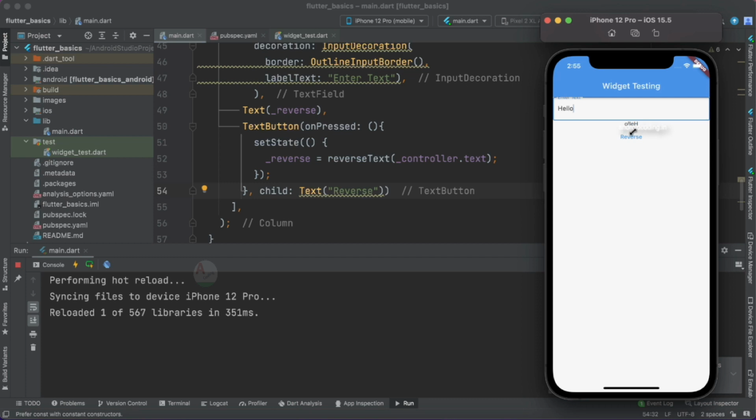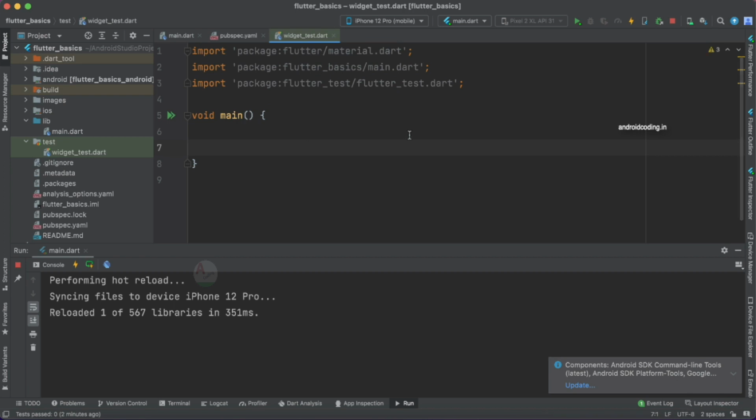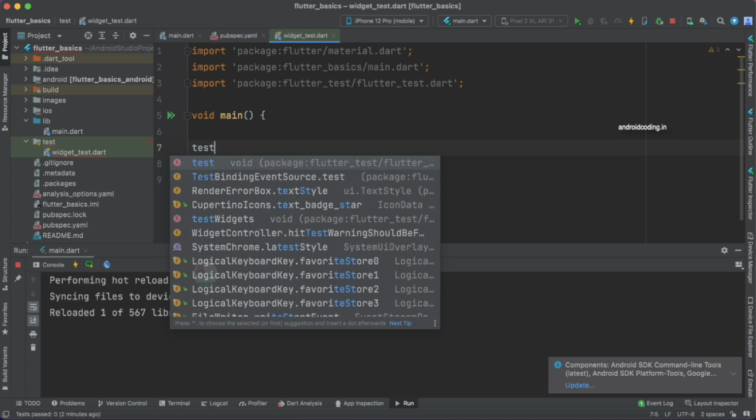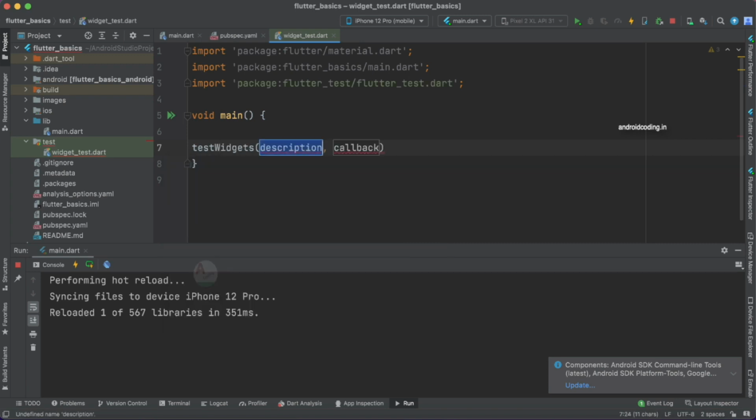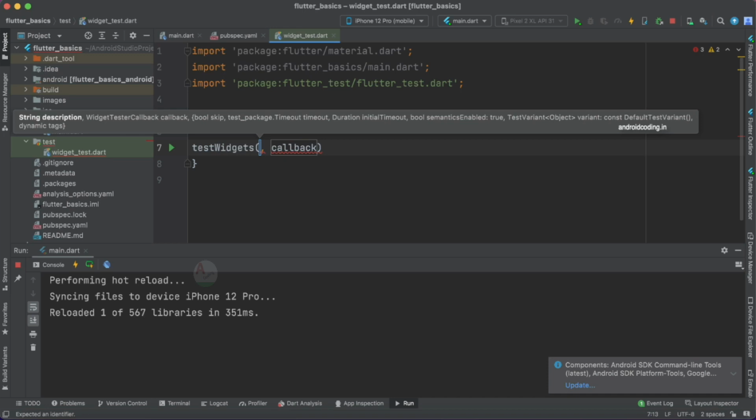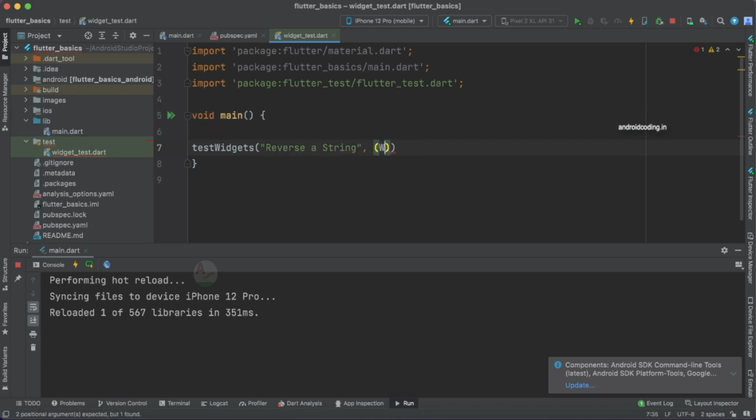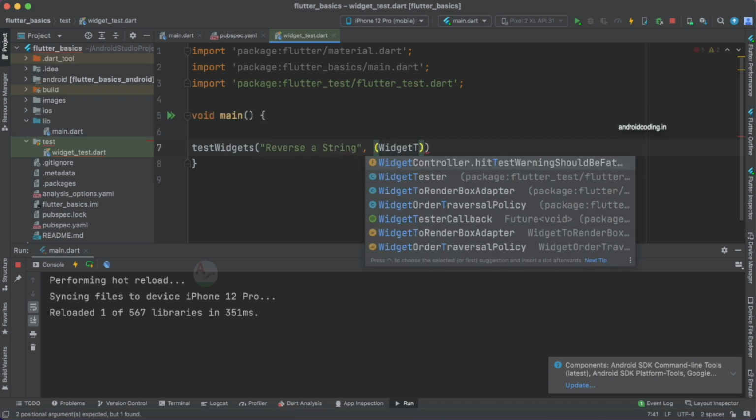So now for the same, let us try to add a widget test where we make use of pump and pumpWidget here. So now let's get back to our widget test file here and start writing our first test case. So testWidgets, and here let us specify a description like reverse a string. So we are specifying a string and testing that particular string, and thereafter we are reversing and again testing the string. Widget tester,